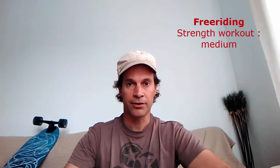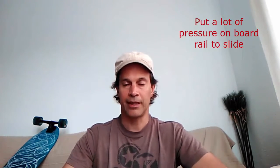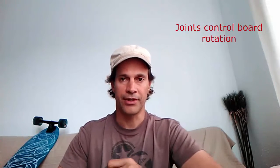When you're sliding, you also need to engage your quads and glutes and calves to press very heavily on your rail, your uphill rail, and that requires some serious muscle strength. Now it's also going to be a medium joint workout. You're going to be using your knees a lot, your hips are going to be engaged a lot, your ankles, especially when sliding, because you need to really put all your weight onto those joints to get the board to slide. Your shoulders and back joints are also going to be involved for turning when you're carving